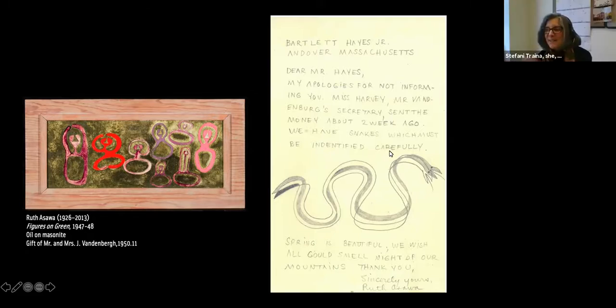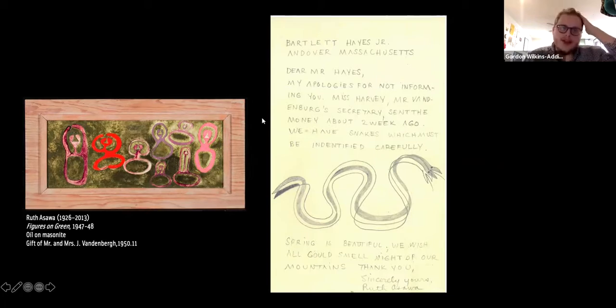Gail asks, as the museum itself is not large, where are all of your other objects stored? I know you've mentioned this in previous talks. We're really fortunate. What you see when you come to the Addison is not the entire Addison. There's a whole basement level that people don't have access to, and that's where we have most of our storage. We're very fortunate to be able to store almost the entirety of the collection on site. That's very rare for a museum. With the exception of a few really large things that we store offsite, everything is at our fingertips,